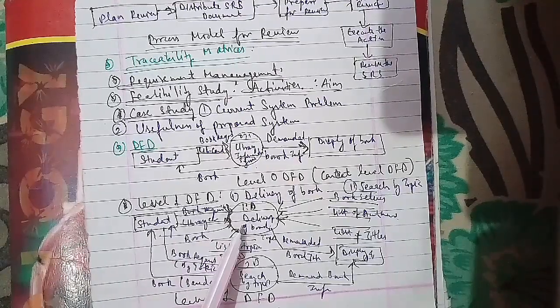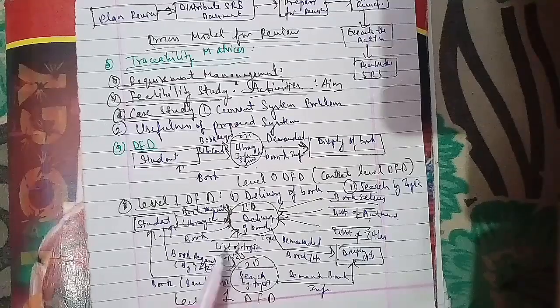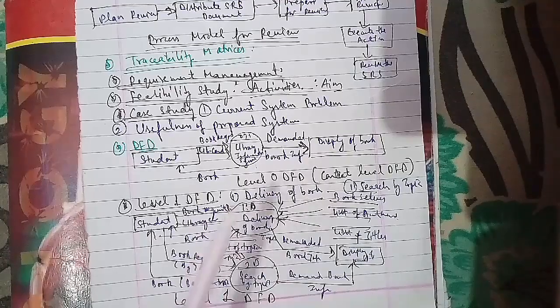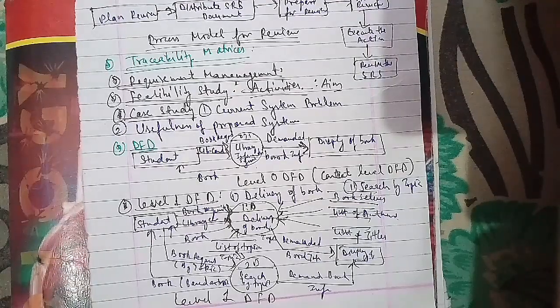So let's go ahead with the descriptions about it, where this is a student, this is your book request, this is when the book is returned towards it, that is get book, it is your book shelf, and the book will be got from there. After that, this is your find book position,